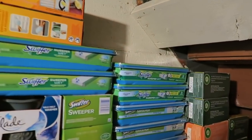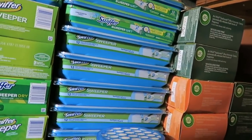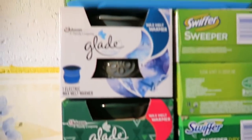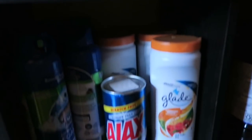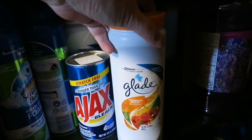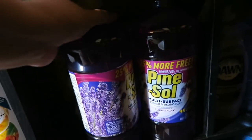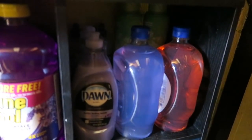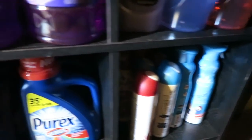And this last shot right under the steps, I have a 9-plex under there. On the very top, I have Airwicks, Swiffers, and then in the 9-plex, oh, some Glades as well. Yeah, it's just pretty much stacked. And then in these little cubbies, I have items that I'm probably going to just donate or give away. That Glade carpet stuff I did not like. This Pine Sol stuff is for my mother-in-law, and more soaps and stuff for my mother-in-law,